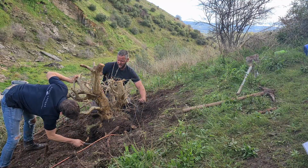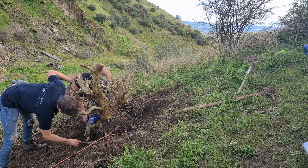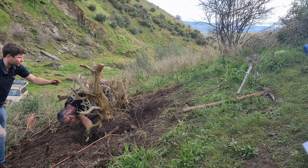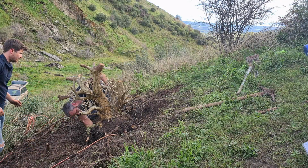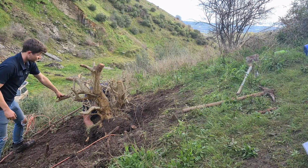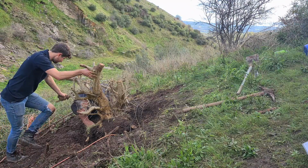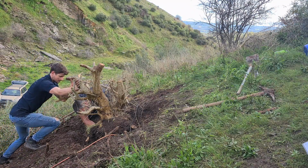I reckon we got a chunk in the middle caught up. You think? Probably. Probably still quite a bit that's not cut. I'll try from here. If you want to push it a little bit. Do you want to push it up? Yeah, push it up. I'll get my...